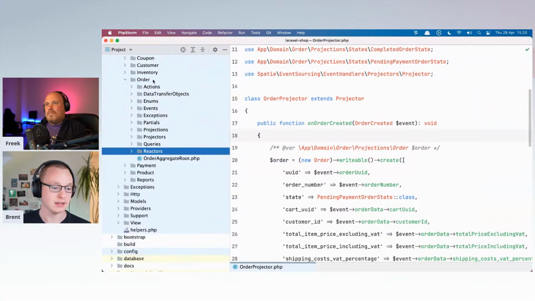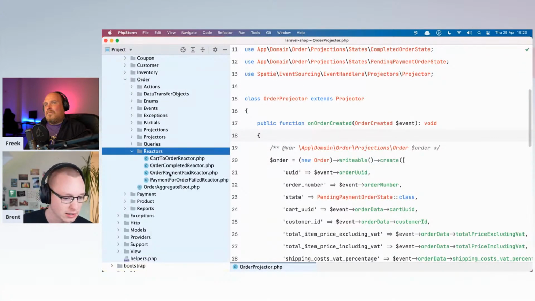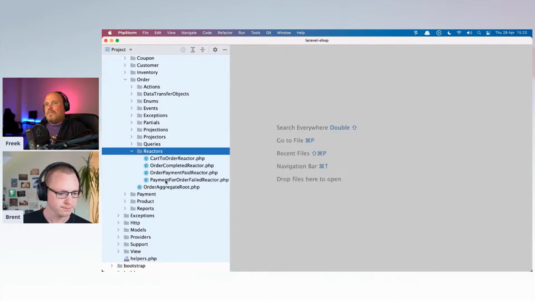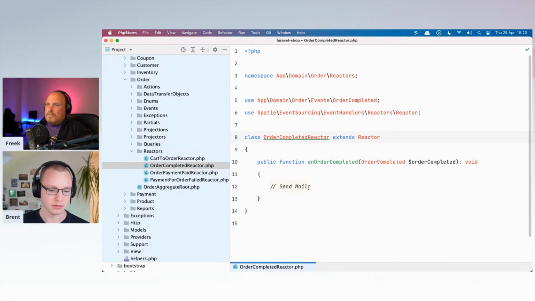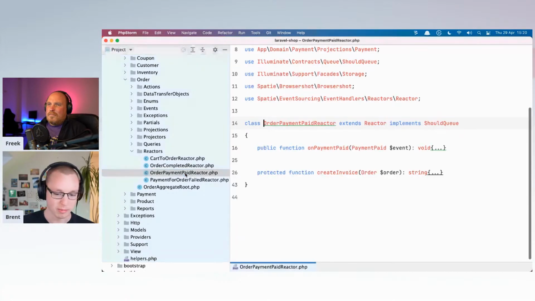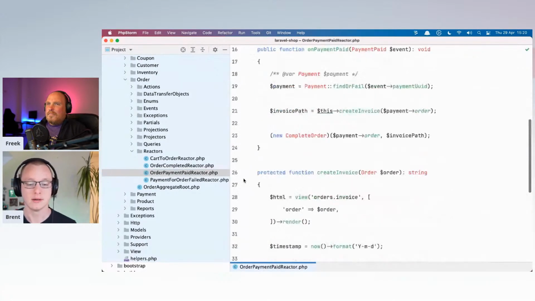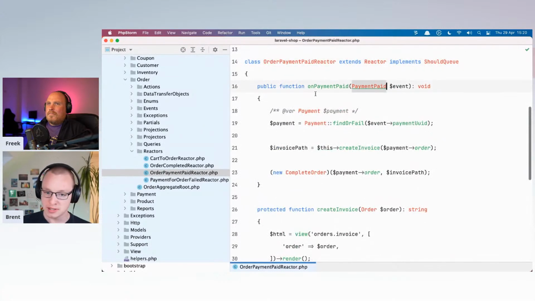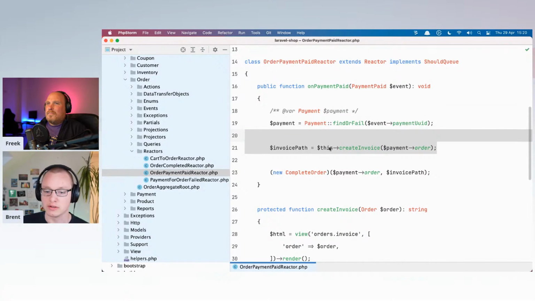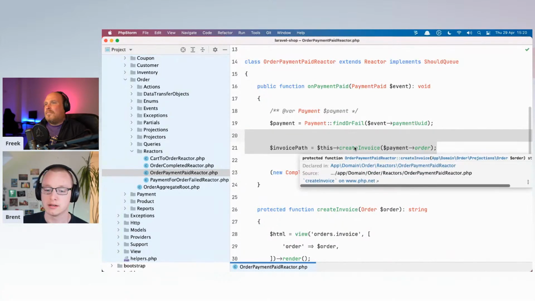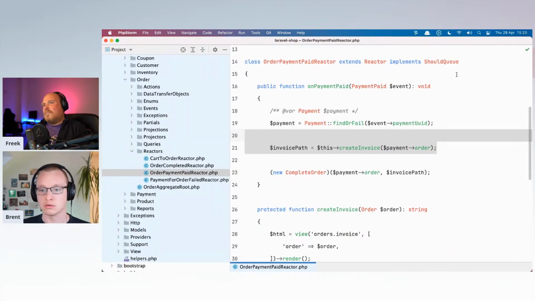Let's take a look at how all of that is done. I actually think it's in the order completed reactor. No, the order paid maybe. Yeah, here. So when an order is paid, two things will happen. First, we're going to create the invoice PDF for this order.